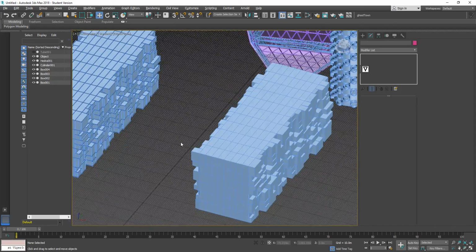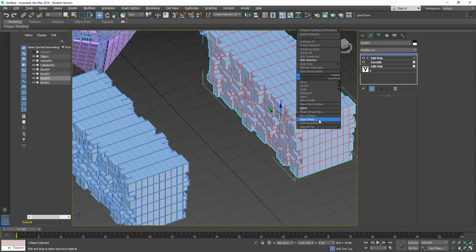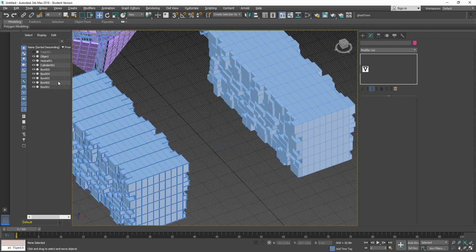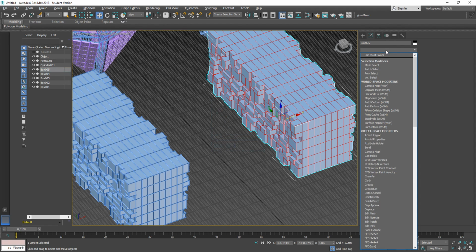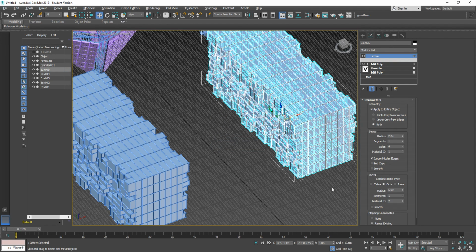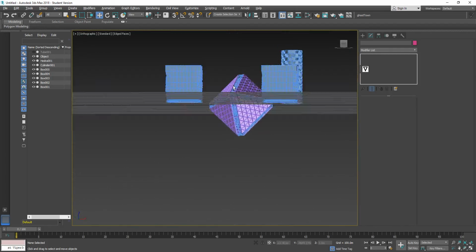And we're just going to do the same for this part too. So we need to clone it, make it a reference, and then select the reference, and we're going to do the lattice, same thing. We get a lattice structure that holds it up,